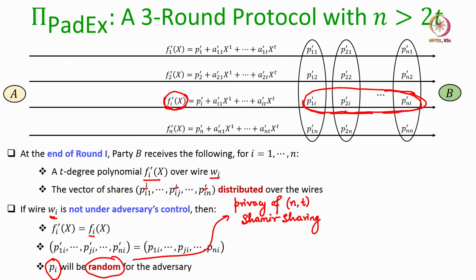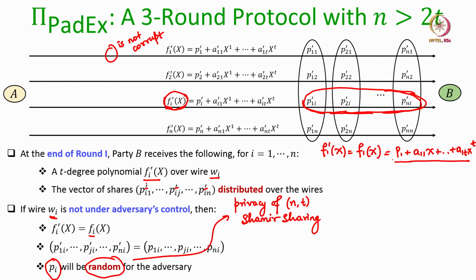Say for instance, if the W1 wire is not corrupt, in that case f1 prime x is same as f1 x, and its form will be p1 plus a11 x like that, a1t x power t. So, since the first wire is not under adversary's control, adversary will not be learning this polynomial, but corresponding to